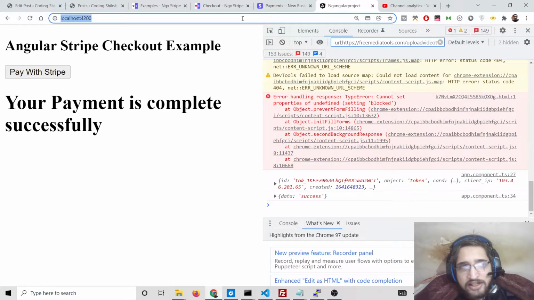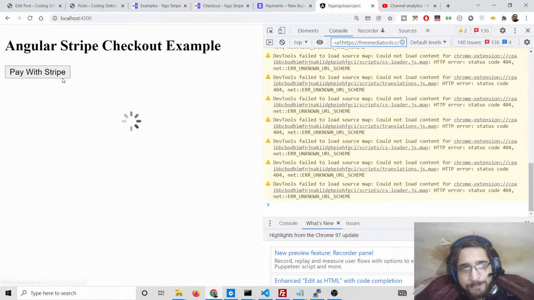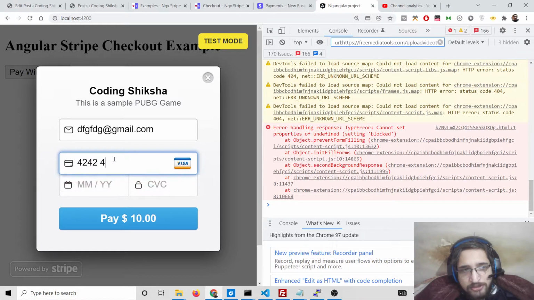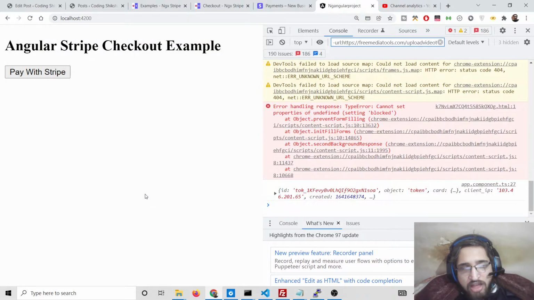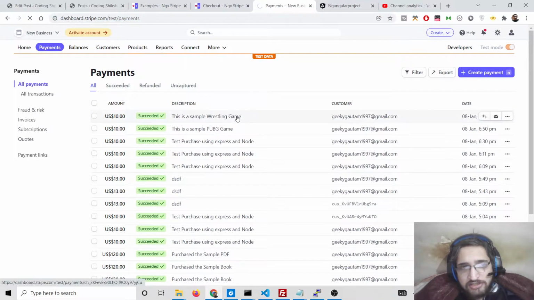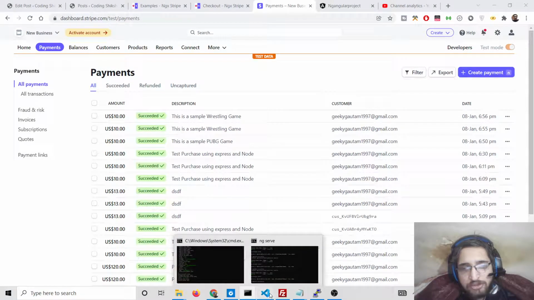So now to cross check, I can also make another payment. Just change the email address here. Let me now add this random email address and then again repeat the same process. Enter this and click pay here. And once again, you will see the success message. And now if you refresh it, you will see once again the description here with that email address. You will see again that email address, because here we need to change